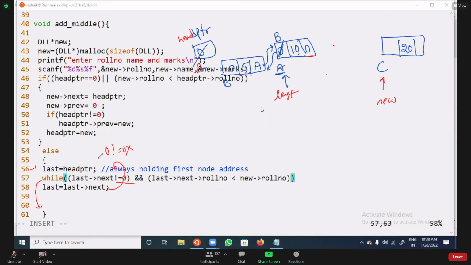I need to first take care of the new node. How many modifications I need to do, you can observe here. This is one modification. This is second modification. This is third modification. These are the three modifications you need to do. Total three modifications. First, I need to fill the newly created node. So new next equal to, you can write it directly as 0, or you can write last